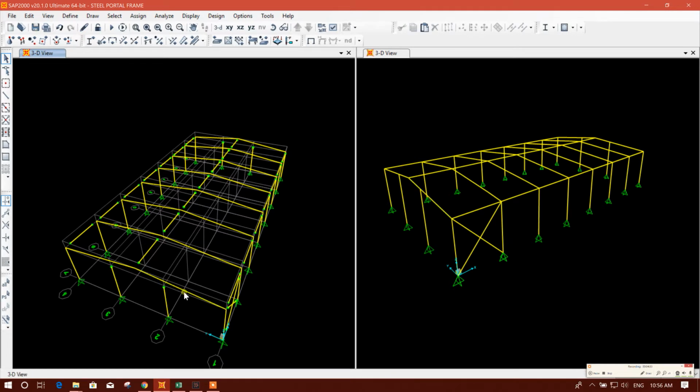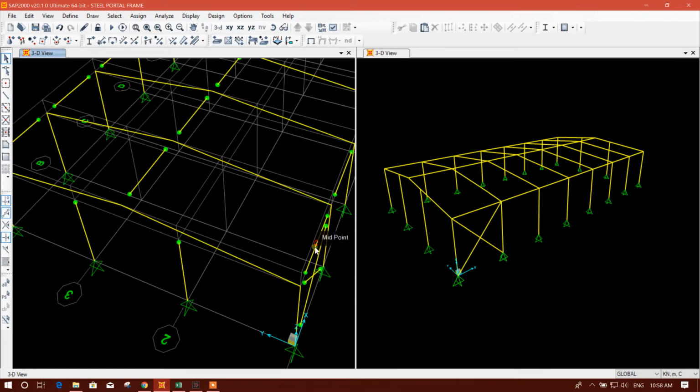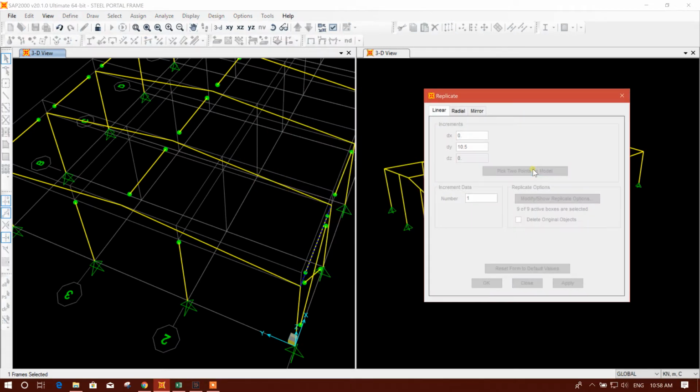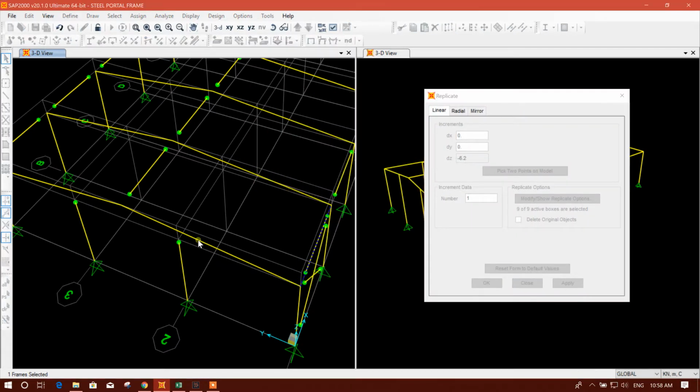For this tutorial I am considering at midpoint. This one is at midpoint. I'll copy this one. Here is the snap option, end and midpoint. So select this one, replicate, pick 2 point from here to midpoint, apply. Okay,